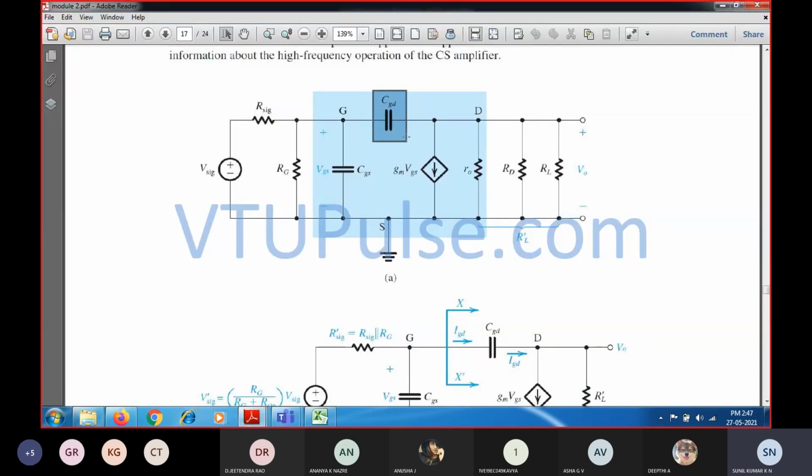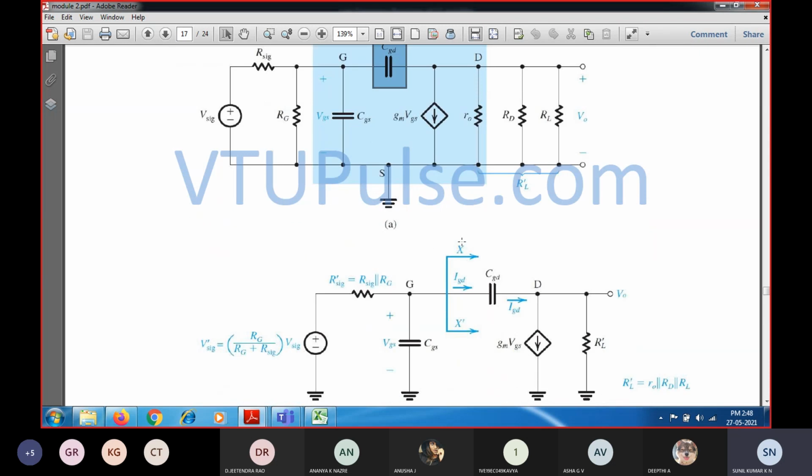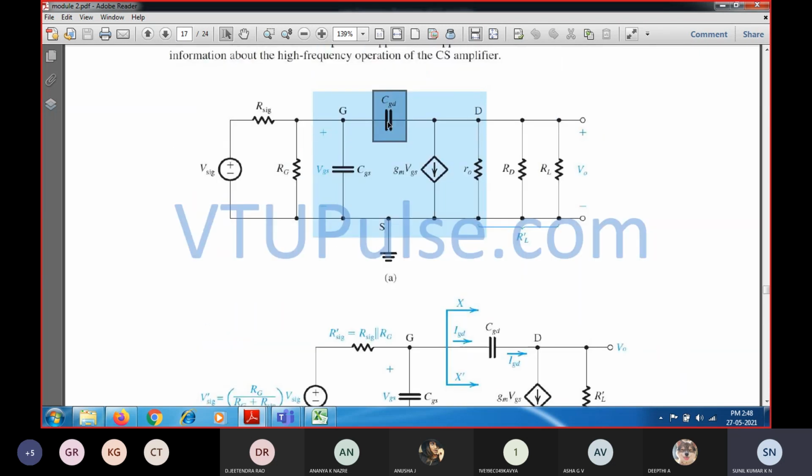According to Miller's effect, any capacitance or impedance which is connected between two nodes can be replaced to have the same effect. In order to consider the same effect, we have to convert it into a corresponding impedance which is going to have the same current flowing across it. Since CGD is the gate to drain capacitor which is connected between these two nodes, that is the gate node as well as the drain node,